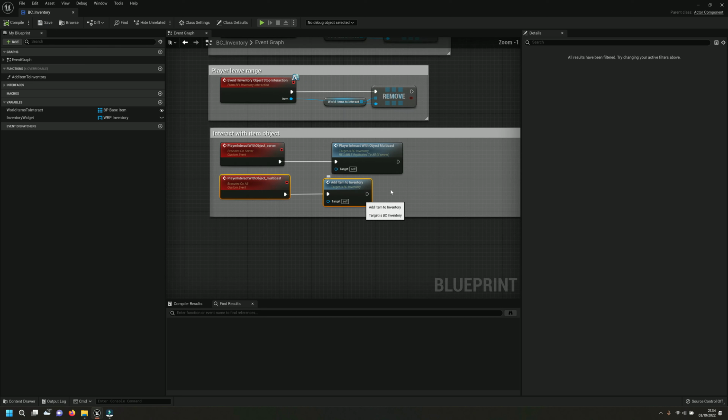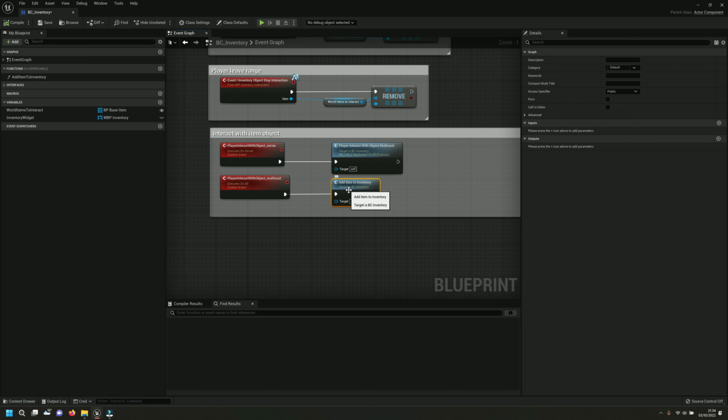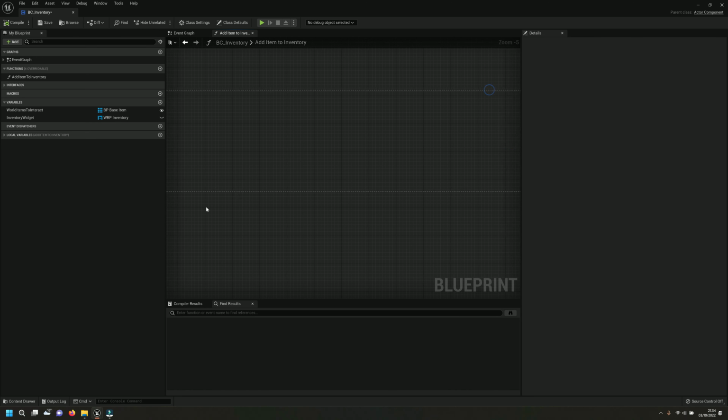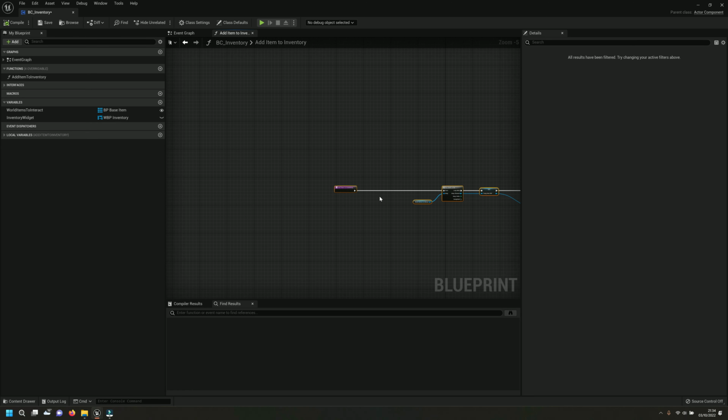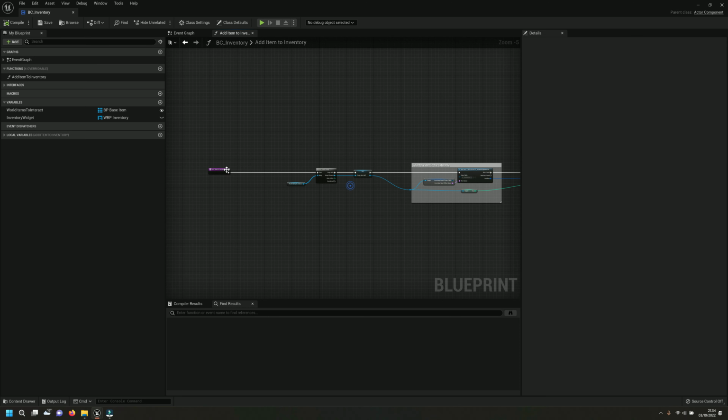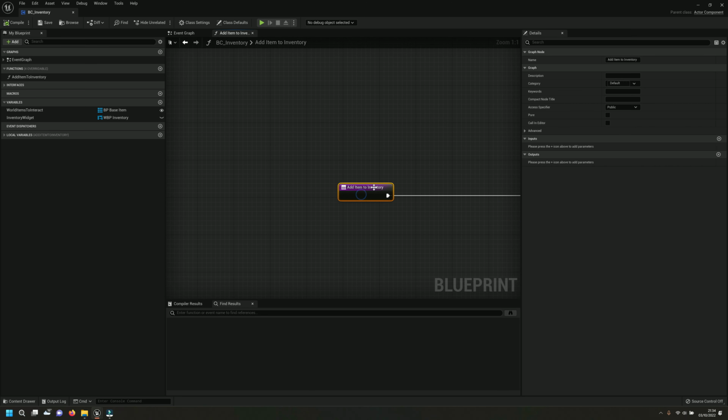We know that we have a function here called add item to inventory, and this is where we add the items to the inventory. We interact with these items and they get added to the inventory. I'm going to rename this again. I know it's the third time renaming this, but add item to inventory makes sense for adding something to the inventory. This is going to be more like,